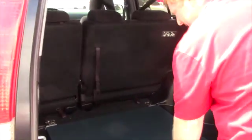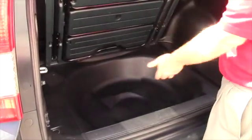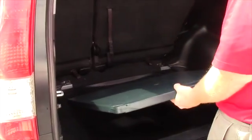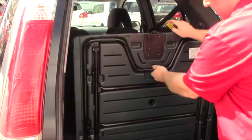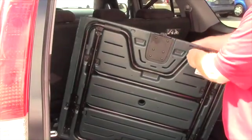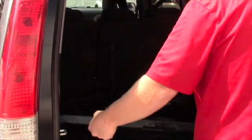And this is the table I kind of got a good kick out of. So this is where you're going to find your storage area underneath, okay? So kind of like the RAV. But this little piece of plastic right here comes out and actually becomes a table. So you'll see here that I can actually bring a leg out, and of course the other leg comes out and it sets right up like a picnic table. I just thought that was pretty neat. And obviously when it's not in use, it's usable as